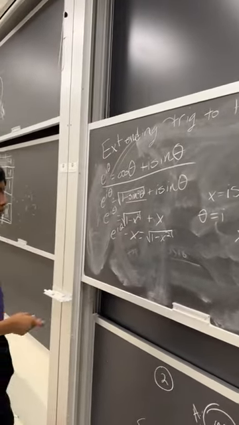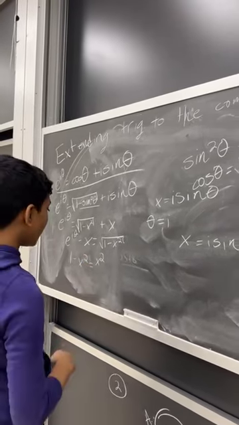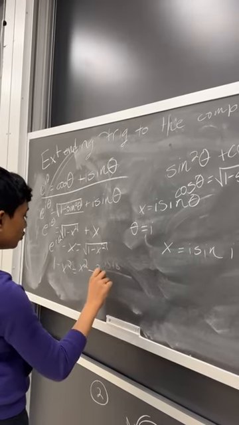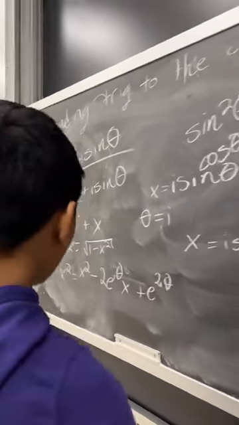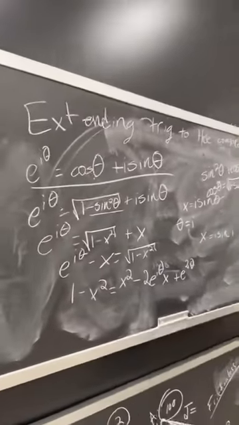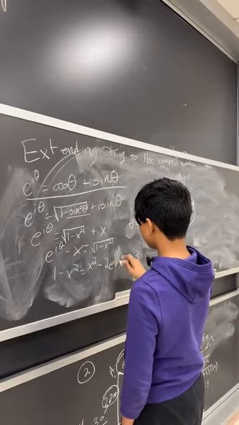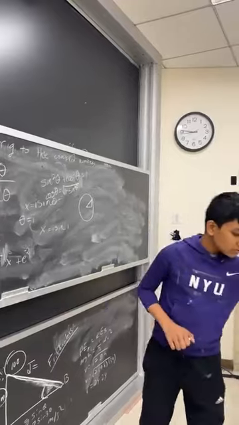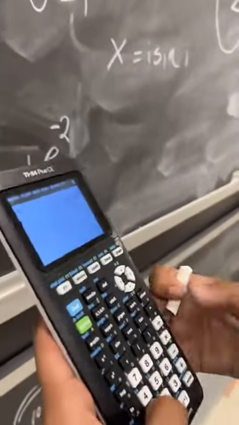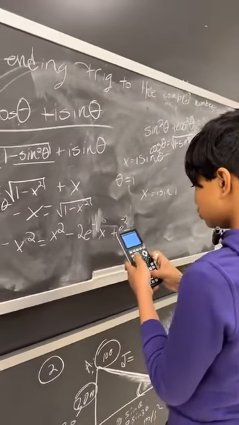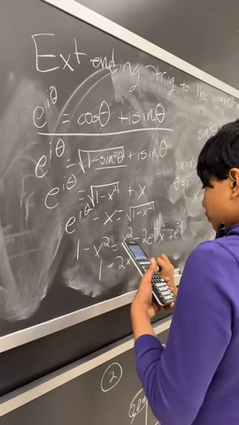Great. So then that means that we get, when squaring both sides, 1 minus x squared is equal to x squared minus 2 e to the i theta x plus e to the 2i theta. So now, this is going to be a little harder than I thought because this expands into a full quadratic. But no matter, we have now plugged in i for theta, which makes this e to the minus 1 and e to the minus 2 respectively, which means we can plug it into the calculator to get 2 times e to the minus 1 is 0.736, and e to the minus 2 is 0.135, so we get 1 equals 2x squared minus 0.736x